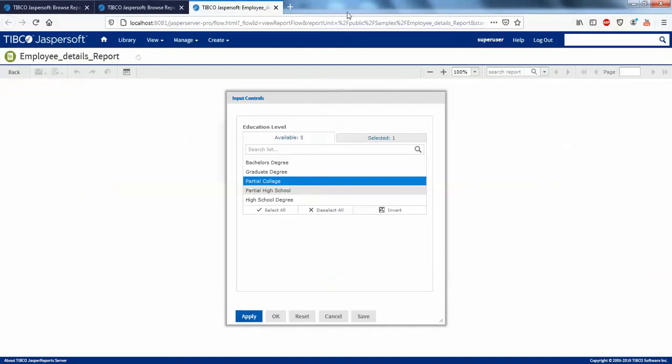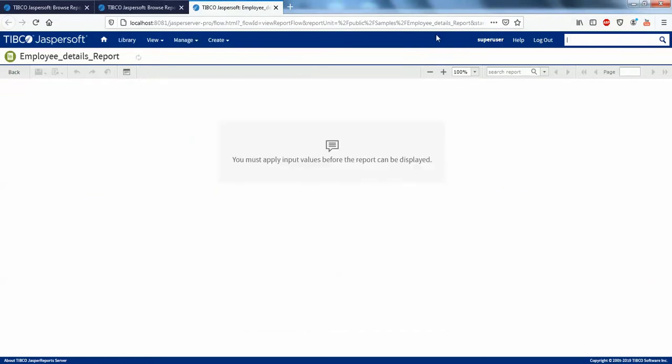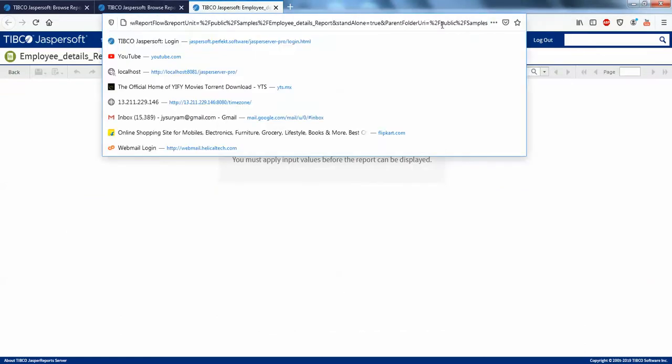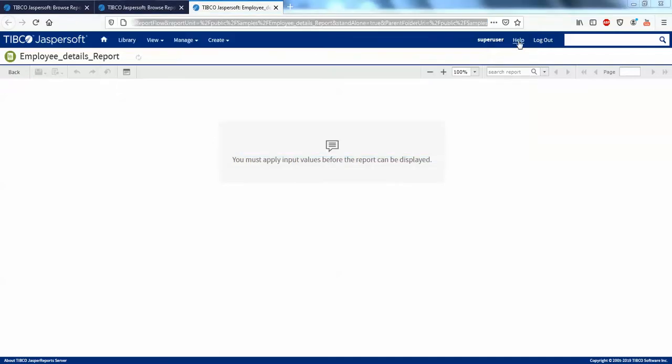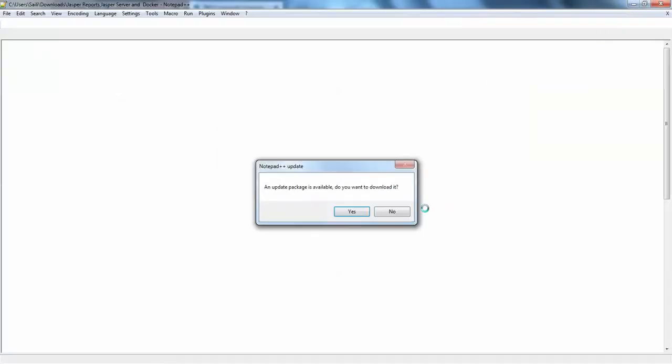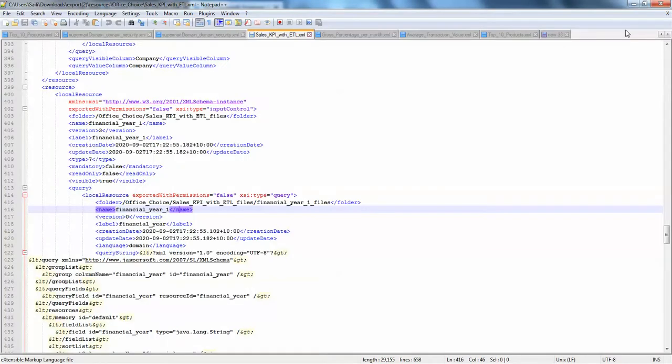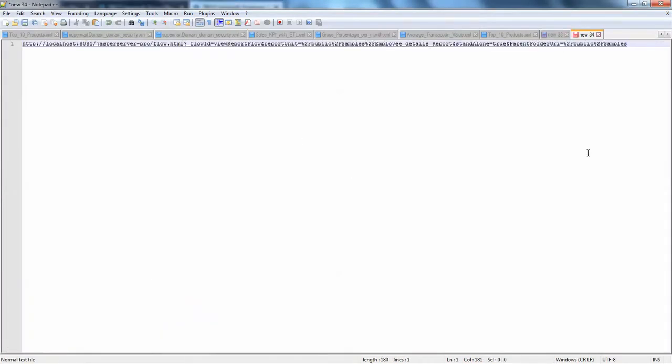Go to your server. This is the URL you have. Just copy this URL and take it to Notepad anywhere. I'll click this, and here I'm going to add an ampersand, and here this will be the parameter name, education level.